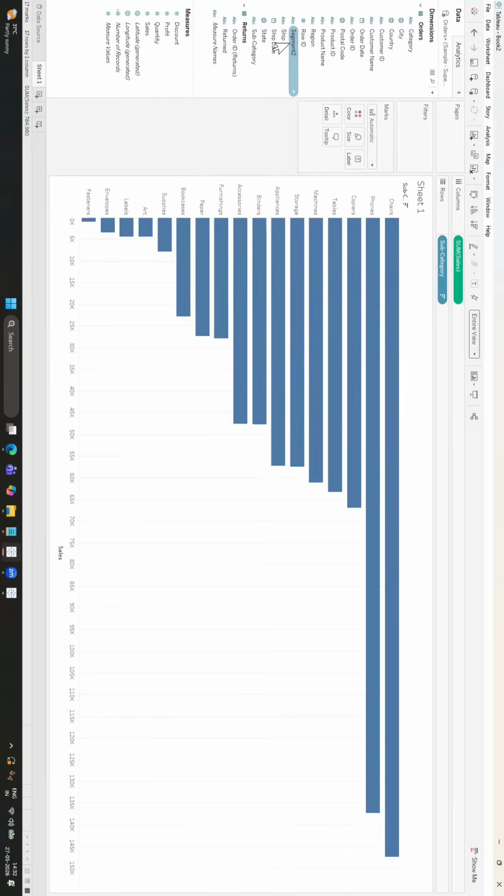So if we drag the dimension to the color, you get distinct multicolors, and a measure to the color comes in the gradient format. So it's totally up to the developer's choice. For now, I'm going to drag the subcategory to the color and it is going to change the appearance